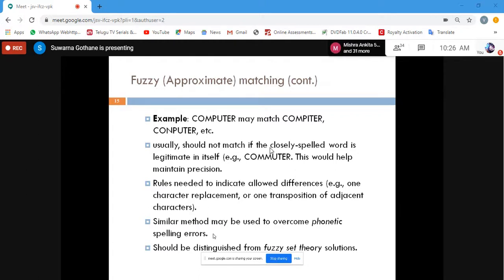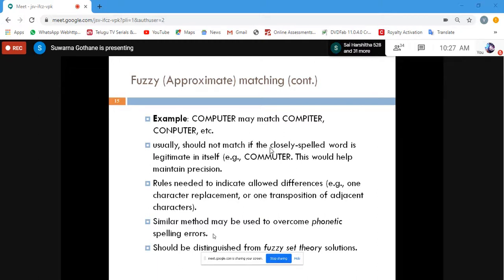So suppose if it is a single word replacement, okay, it is going to give you the correct answer, but if more words are there, there is a possibility that your recall is going to increase. Recall is increasing means definitely you are going to get more non-relevant items. Okay, so based on certain rules, exact match is going to be considered. So if more words are used, then based on the sentence judgment, if the other words are matching with the sentence with that same word, then it is going to be considered. So some rules are going to be applicable.